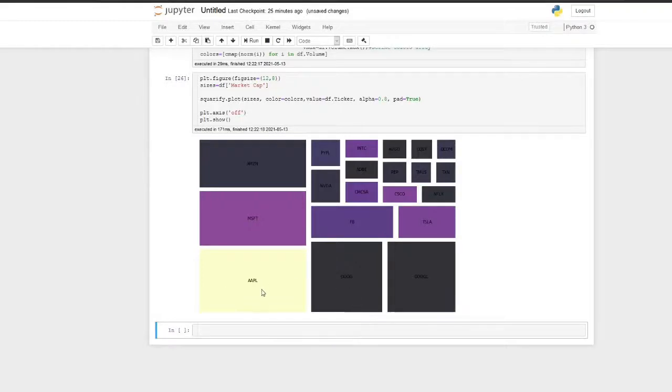So next, let's get into a color map which is very common. If you watch the financial news, or go through financial websites, you must have come across this type of visualization where the stocks which have gone up in a day will be shown in green color, and the stocks which have gone down in a red color.